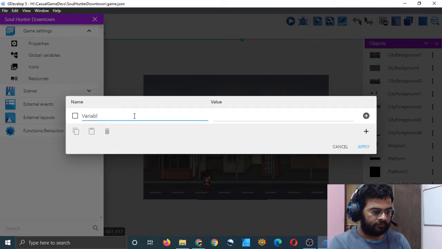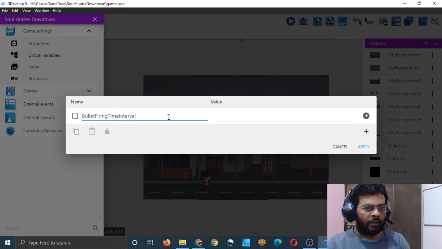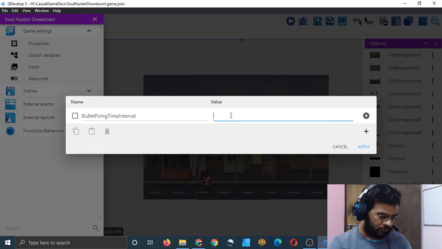I will call it bullet firing speed, or should I say bullet firing time interval. And it should be, right now, I think, 1 second.